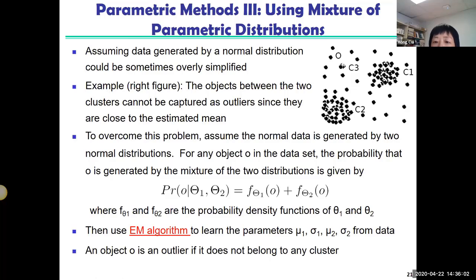Your data may contain data points that are generated by different normal distributions, for example. If that's the case, then we can use the EM algorithm to find